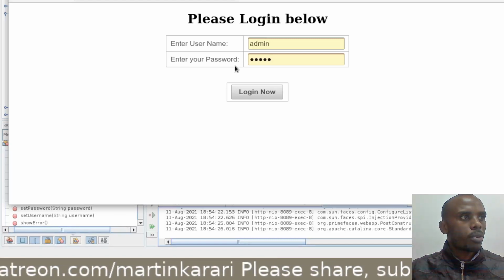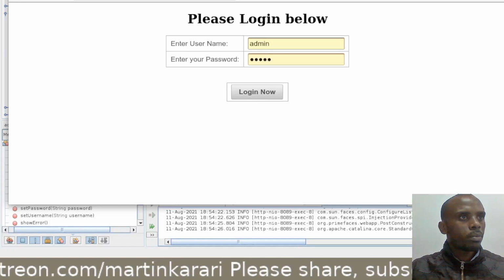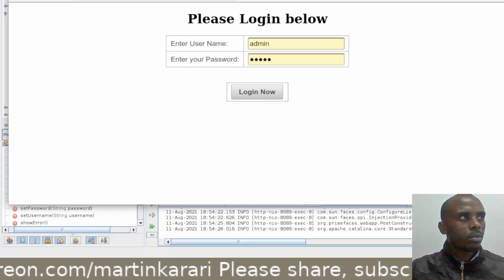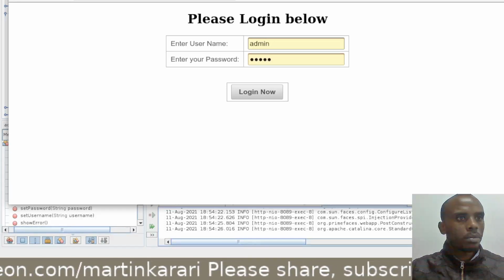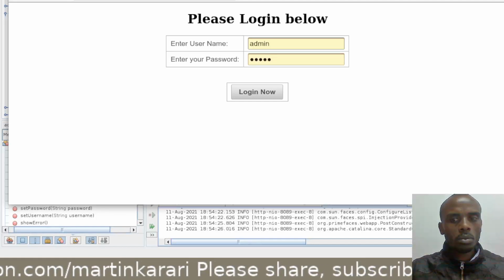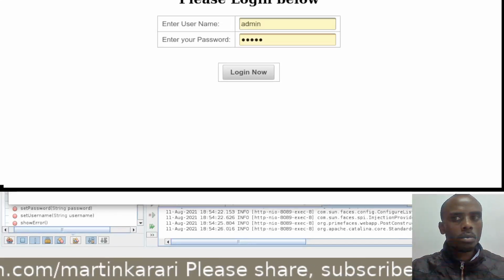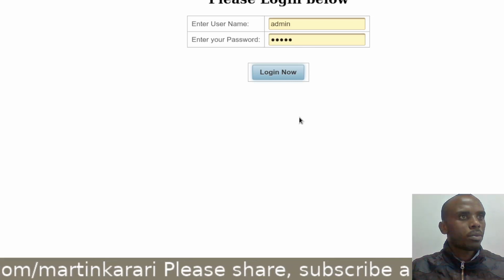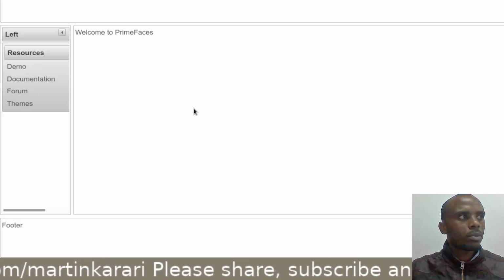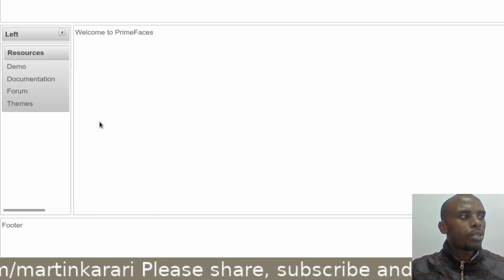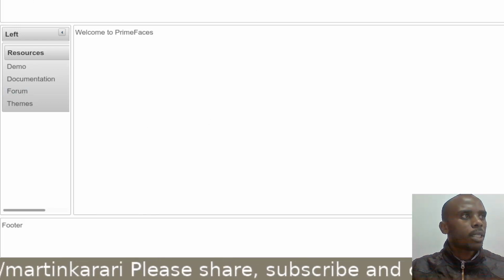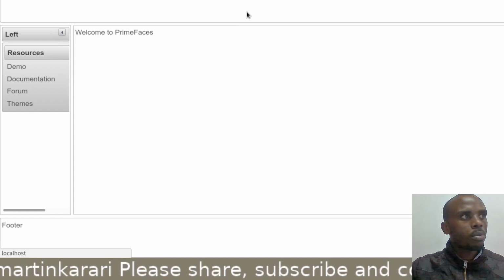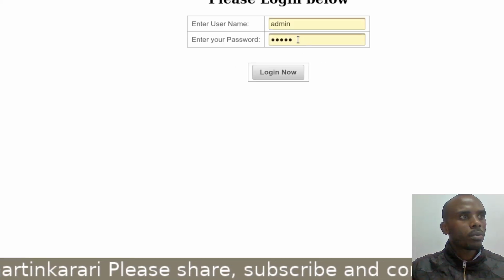Click on the button, we are waiting for the action to load. So it is loading the page, but let's try to put wrong credentials.